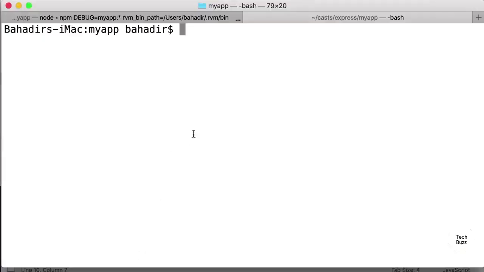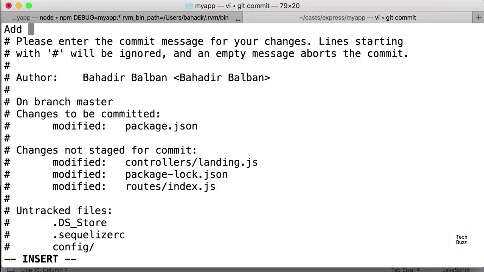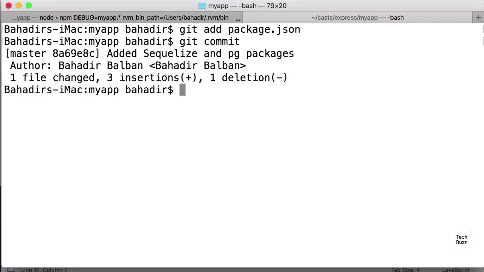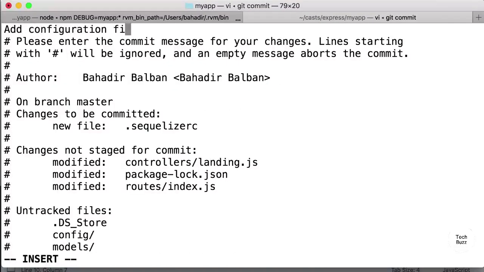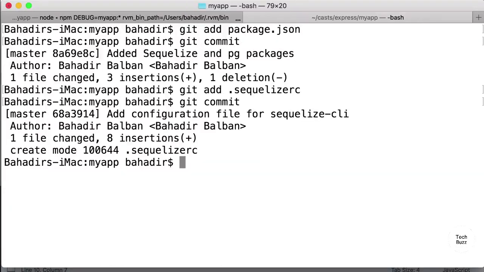Now I'm going to go back to the terminal to commit some of the changes that we made so far. We installed Sequelize and the pg libraries, so we've modified our package.json file. Let's go ahead and create a commit for that change. We have added Sequelize and pg packages. I'm going to save this commit. We've also defined a .sequelizerc file, so I'm going to add that one as well and commit this change. Configuration file for Sequelize CLI. And I've also created a configuration file for our database connection. So I'm going to commit this file with git add